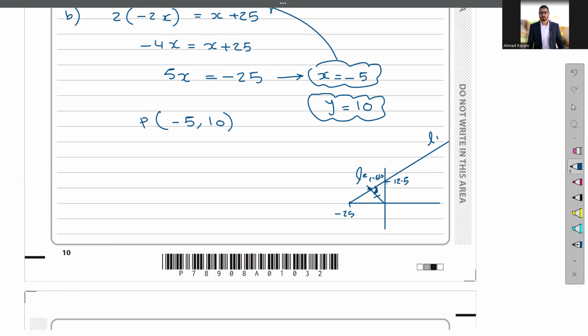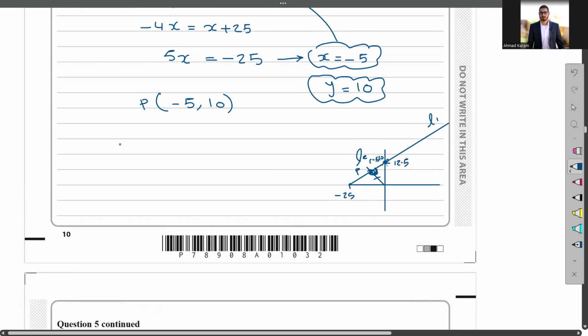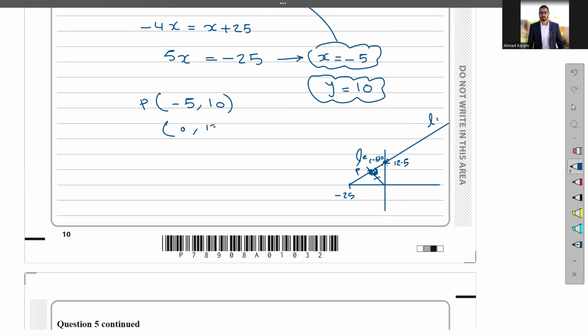So to get this line, we need first to get the distance from point P to the point 12.5. So we have point negative 5 and 10, and another point 0 and 12.5. The distance between them will be equal to